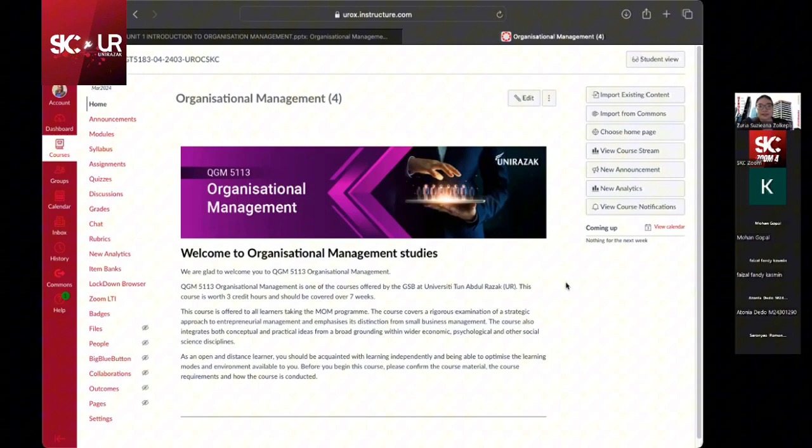If you are in first semester, then most probably this is the first time that you see me. If you are in semester 3 or second semester, maybe you have seen me before. I graduated from University Malaya in public administration, and before that, I did my study in international business in UITM. So currently, I'm furthering my PhD in public management.